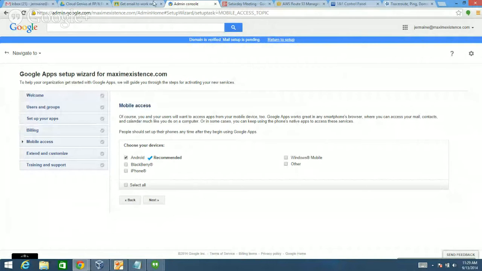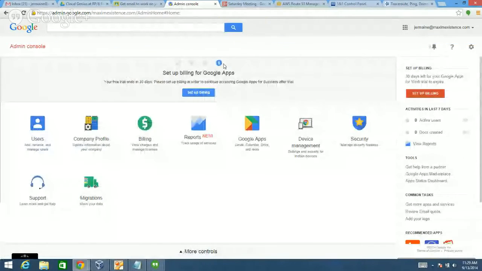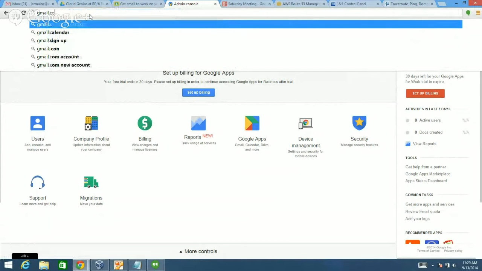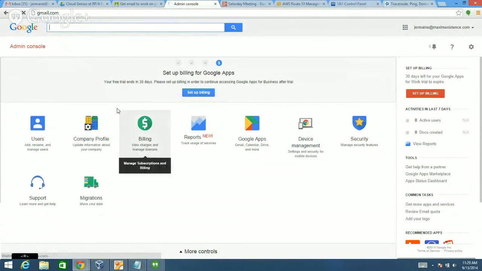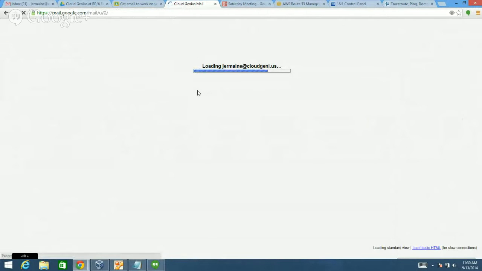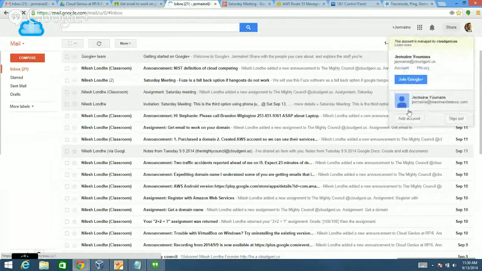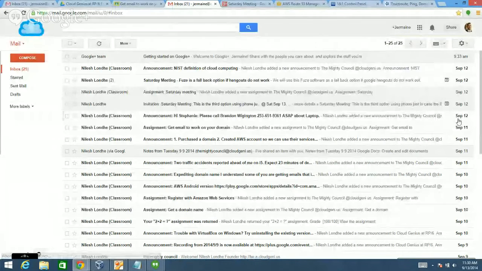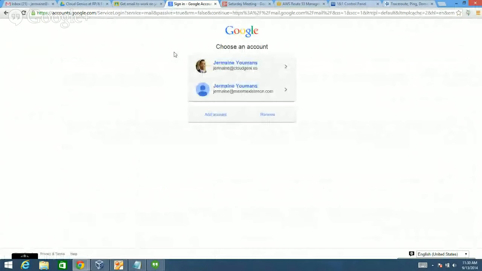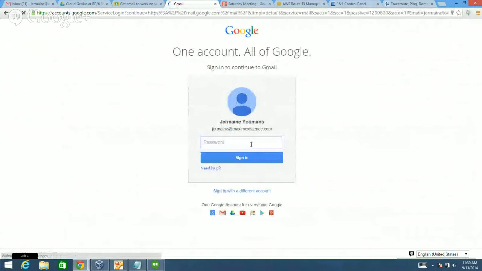Mail setup is pending. It says blue return to setup at the top. Return to setup. And I think you're done. I think you're set up correctly. So you should now go to gmail.com and send me an email, and you're done. Make sure you change over to your domain account as opposed to the CloudGenius account, your own Maxim Existence domain. That one. No, you don't need to sign out, just switch. Yes, sweet deal. This should let you send your email to me from your domain.